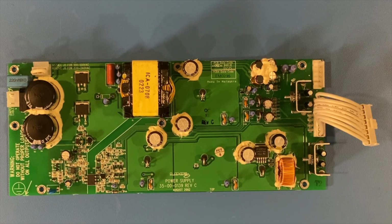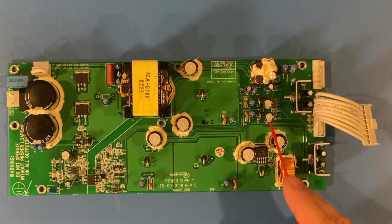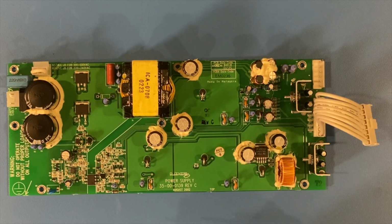Something else I wanted to mention real quick is the obviously really well-built quality that Line 6 puts into a lot of their products. The quality seems to be quite good. All of these capacitors are actually Nichicon, which is a great brand name, Japanese, well-made capacitors, and not cheap by any means. Because this is 2002, the chances of these capacitors being bad in 18 or 19 years,